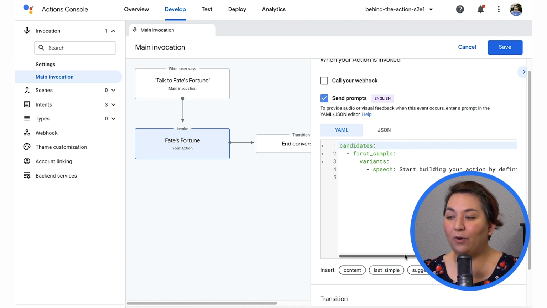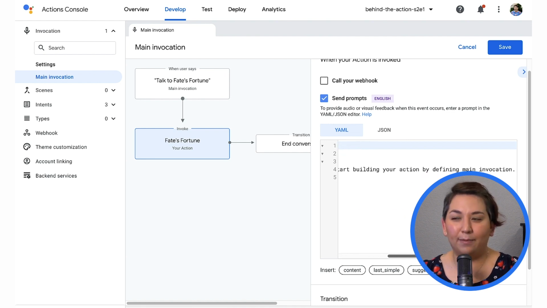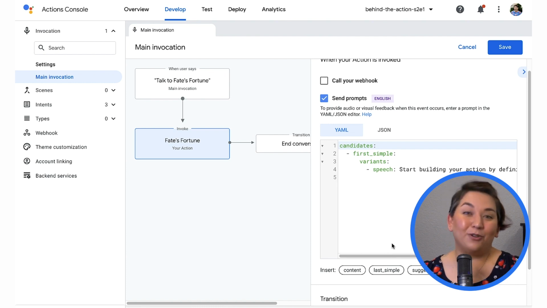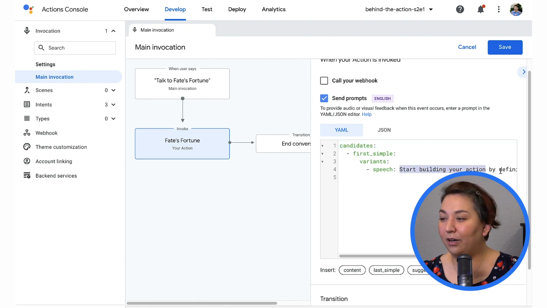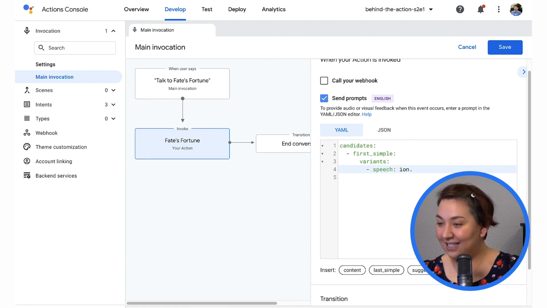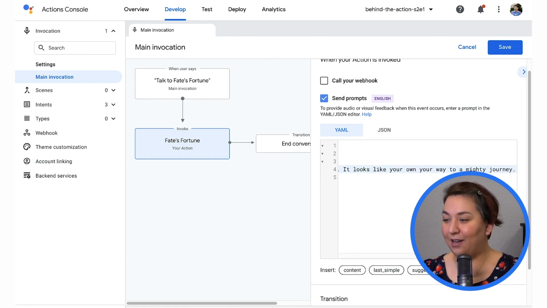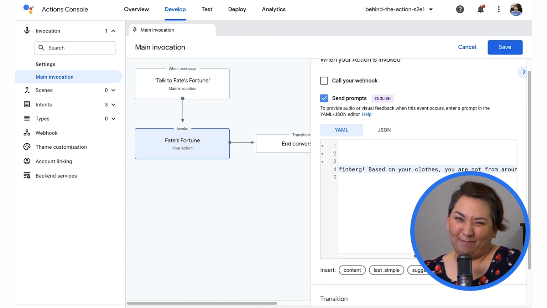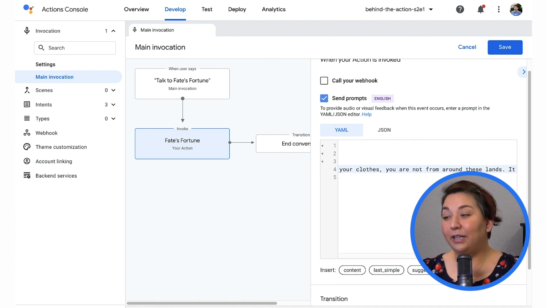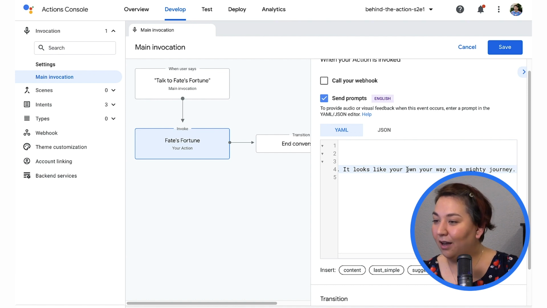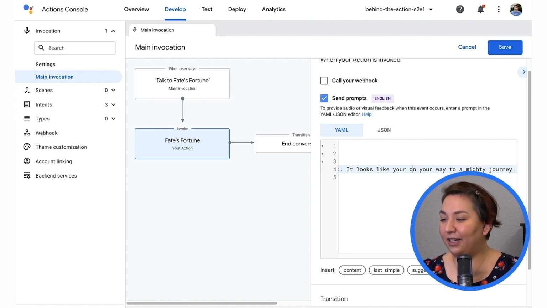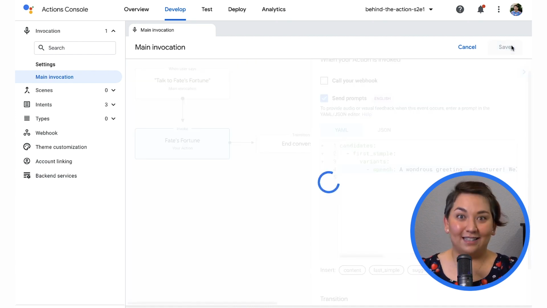And in here you can see that we already have a phrase that's already been added. But let's customize this for this particular action, and we'll use the power of movie magic to delete this, and then we will just paste in a greeting that we have. And this greeting goes, "A wondrous greeting, adventurer. Welcome to the mythical land of Griffinburg," which is a made-up place. "And based on your clothes, you're not from around these lands. It looks like you're on your way to a mighty journey." There we go. Fantastic. And we're going to hit save,